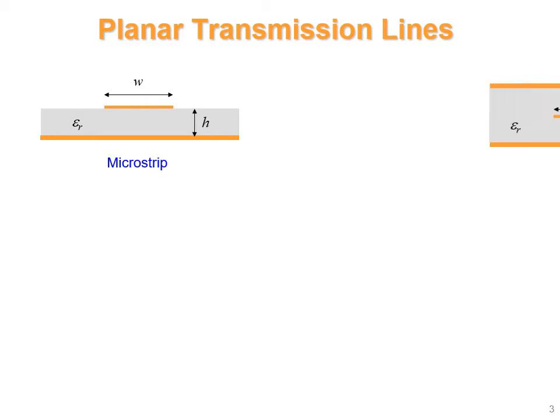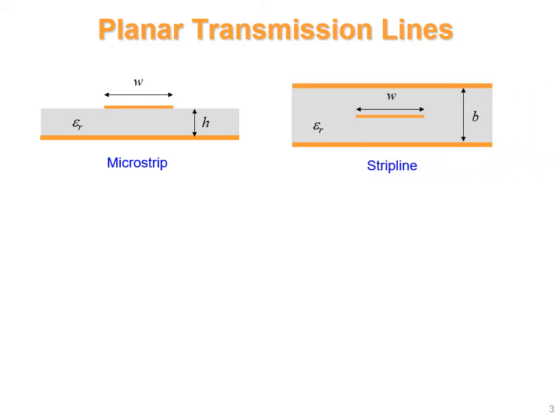Then another type of transmission line is the strip line. In the strip line, you can see this is a conducting path or a transmission line. It is immersed in between a dielectric substrate, so above and below this transmission line, there is a dielectric. It is supported above and below by a ground structure. So this is called a strip line.